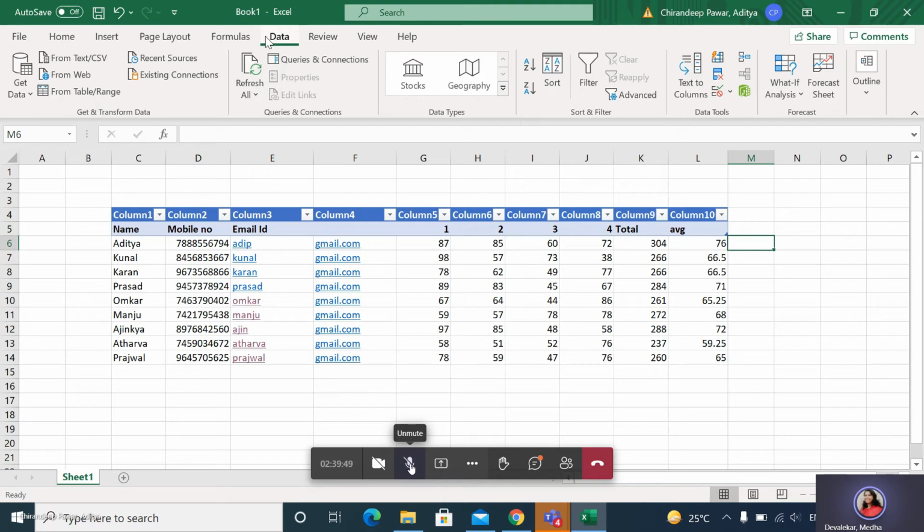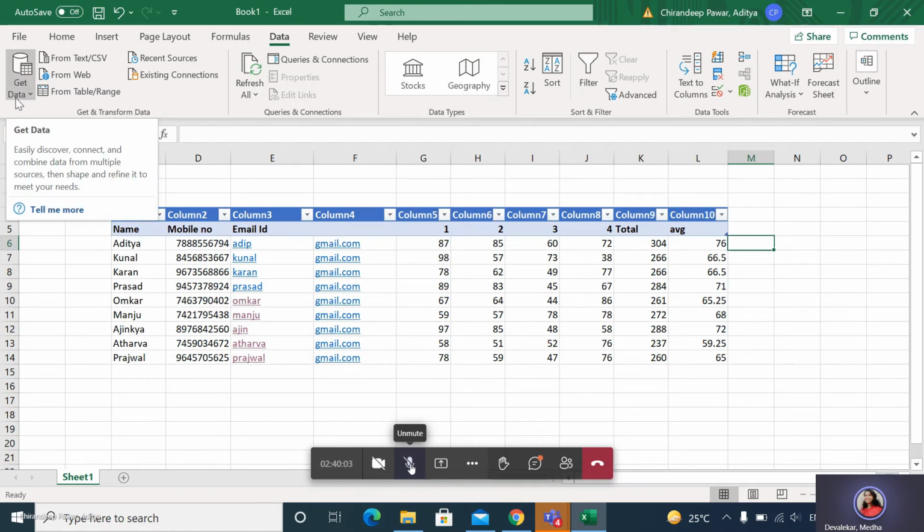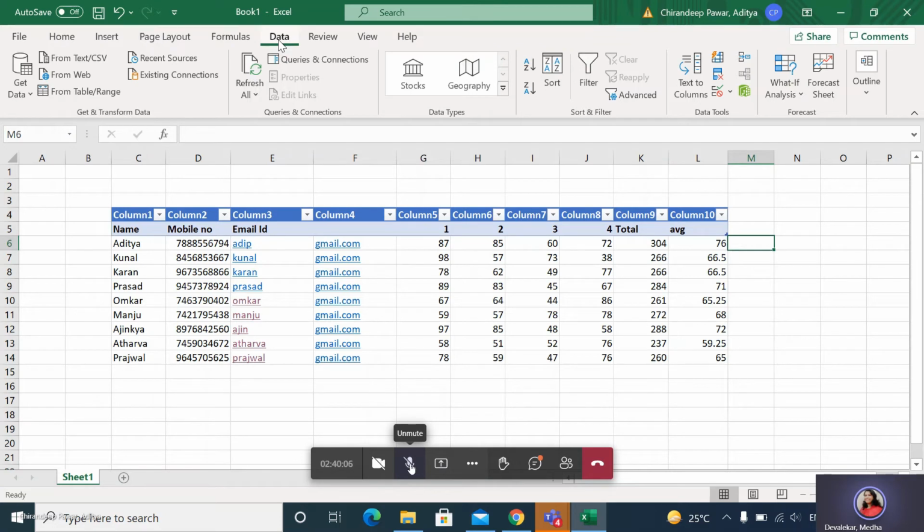Then there is Data Tools, and just above that there is a small down arrow in Data Validation.